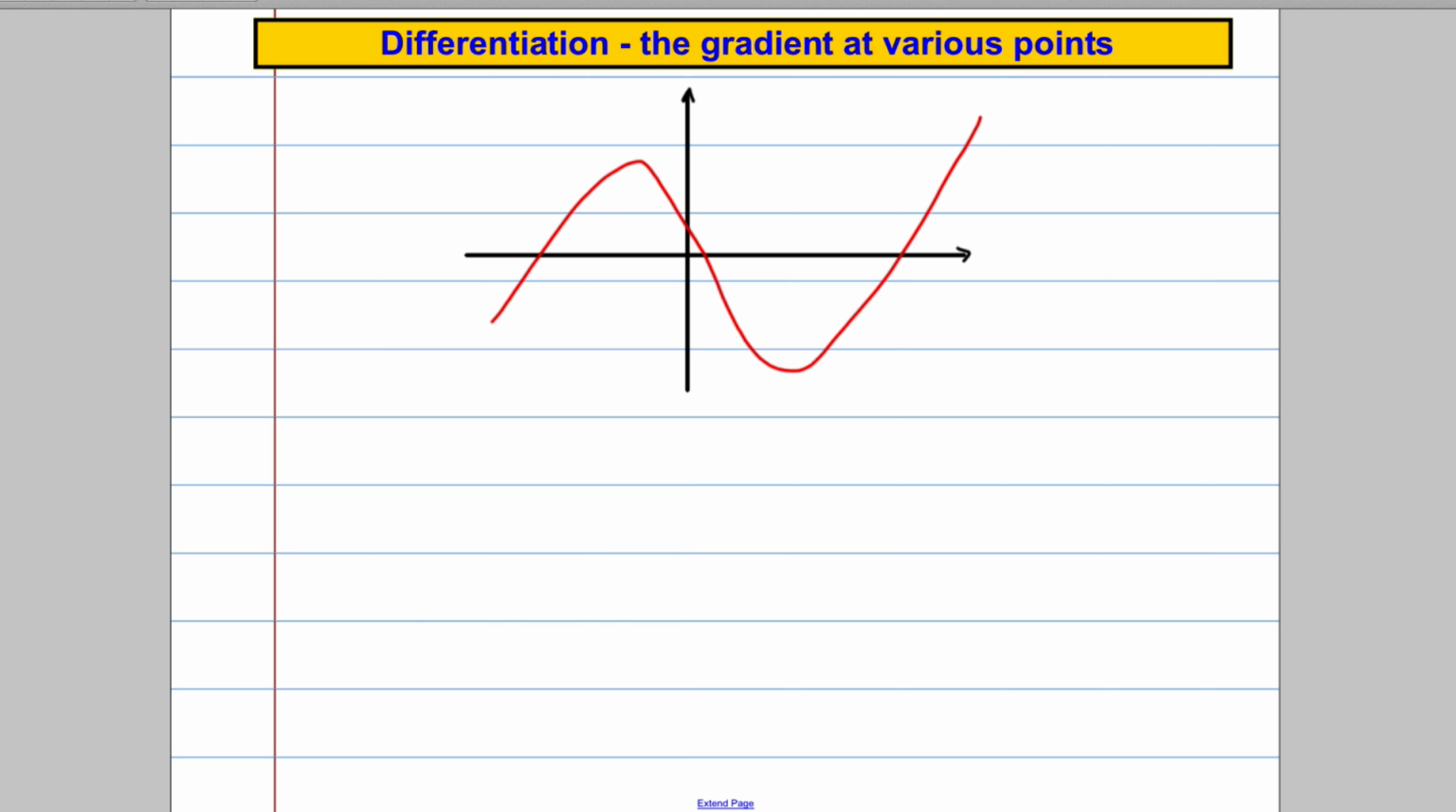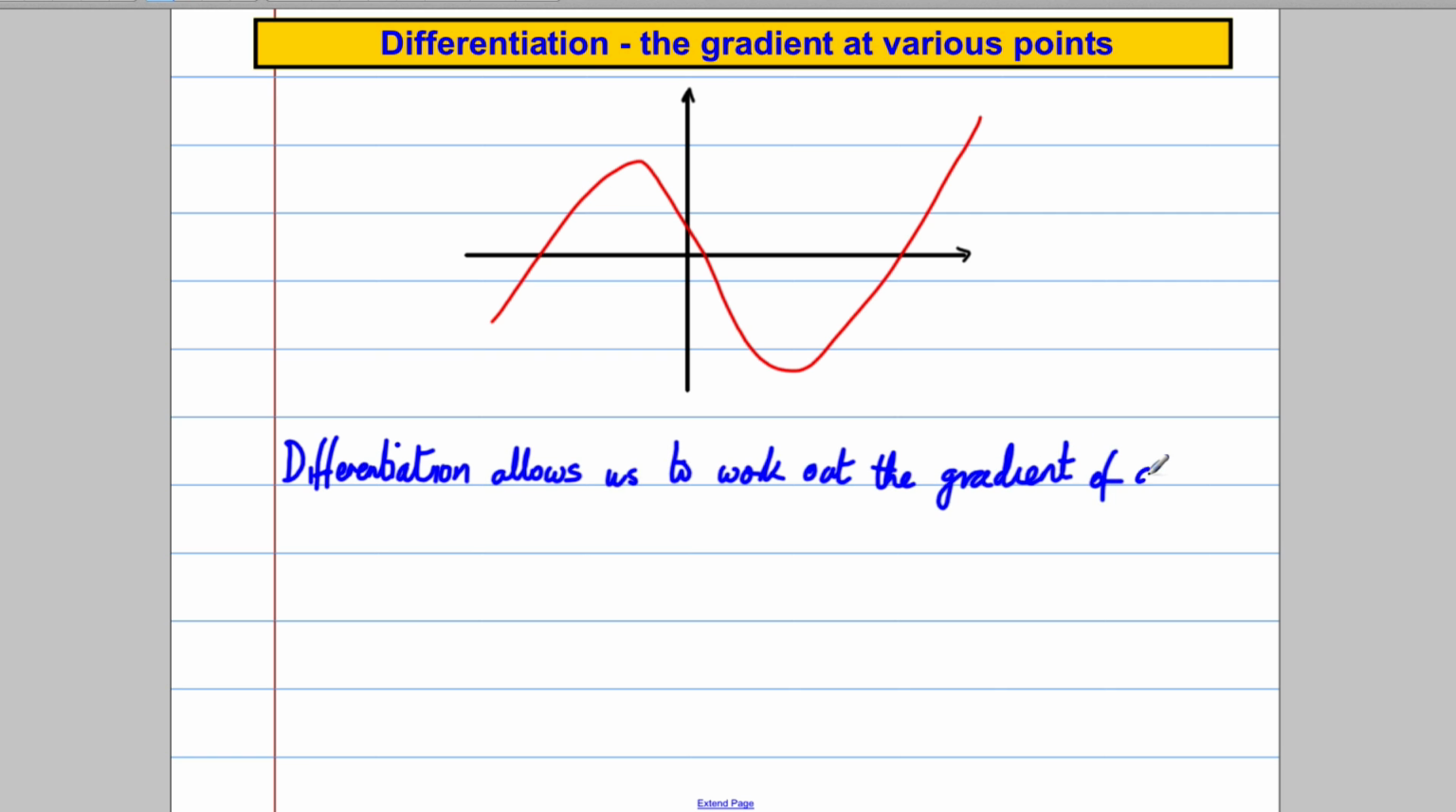Here's my question. What is differentiation about? Can you remember? Well, what differentiation does, hopefully you know this, is allow us to work out the gradient of a curve at a particular point. Now, unlike straight lines where the gradient is constant,